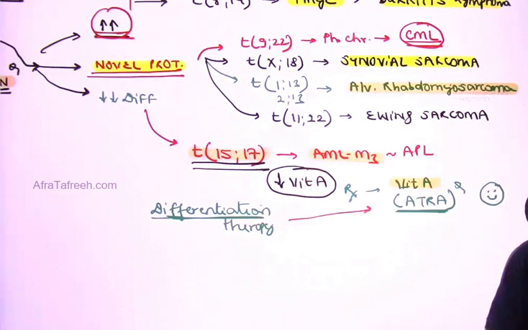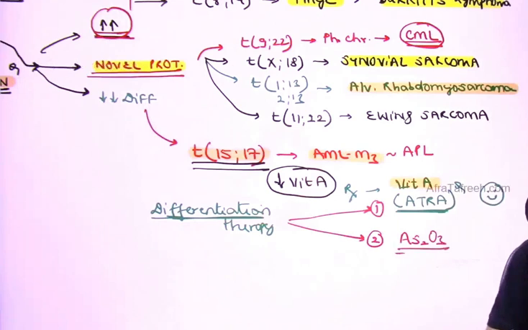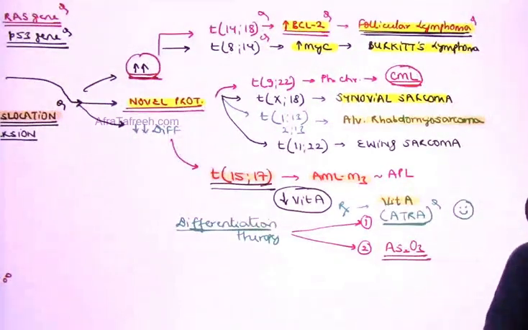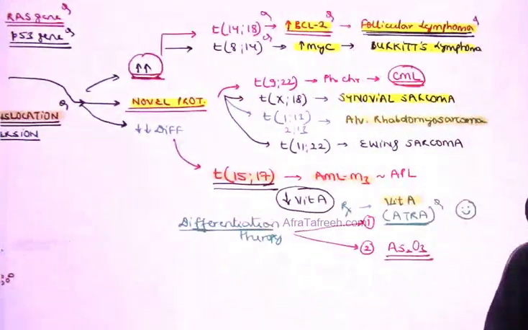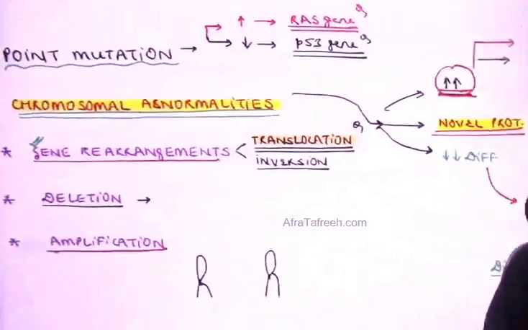First example of differentiation therapy is ATRA, all trans-retinoic acid. But if this therapy fails, you have a use of a heavy metal which can be done in these patients, which is given the name of arsenic trioxide. So if you understand the concept, then it's easier for you to make a drug which is going to hit its target and treat your patient. So these are the different mechanisms, and all of them are exceptionally high yield points for your exam, which you need to understand are going to be contributed because of presence of the chromosomal abnormality, particularly the rearrangement of the genes. I want you to be familiar with a simple concept.